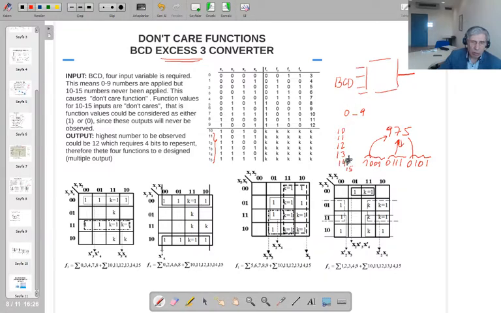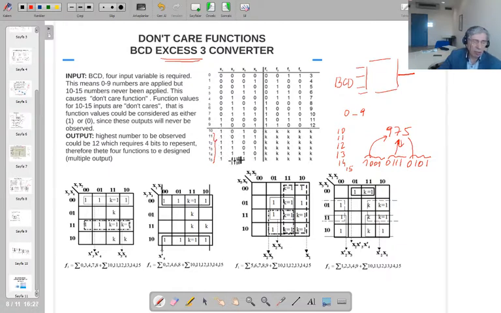When we say we don't see those at the input of my circuit, the meaning for the output function is this: the output function values could be any value. That's why we put k's here. In Turkish, k is keyfi. In English, it says don't care function. So that means you don't care about the function value for these